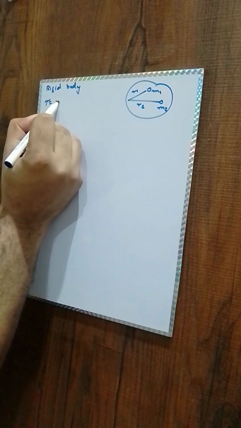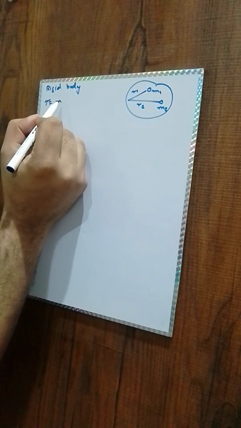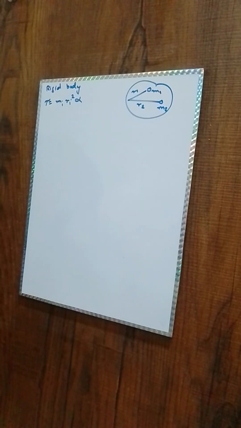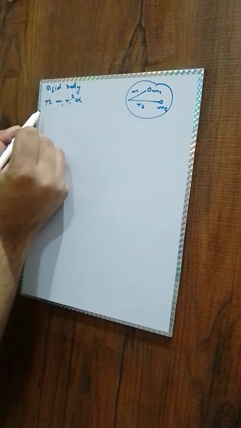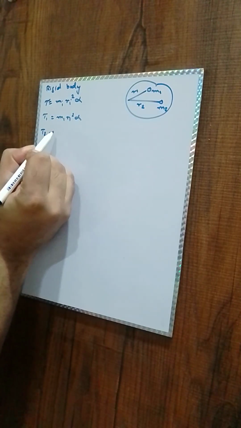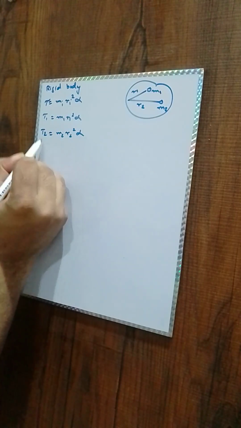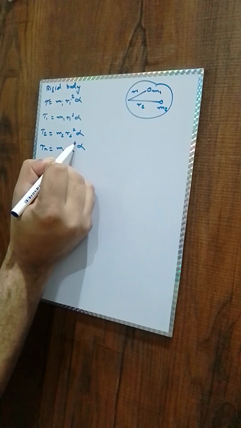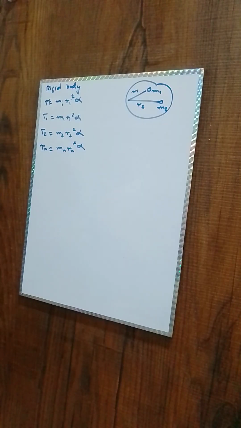So tau is equal to m_i r_i square alpha in general. Okay, which means that for the differential mass, tau 1 is equal to m1 r1 square alpha, and for differential mass 2, m2 r2 square alpha, and for differential mass n, tau n is equal to mn rn square alpha. Yes, and all put in a summation operation, all put to sum,